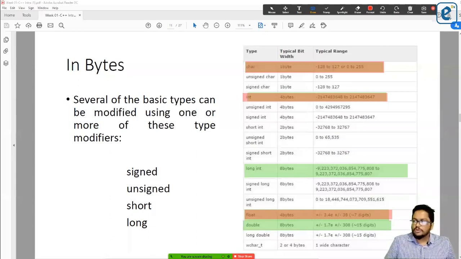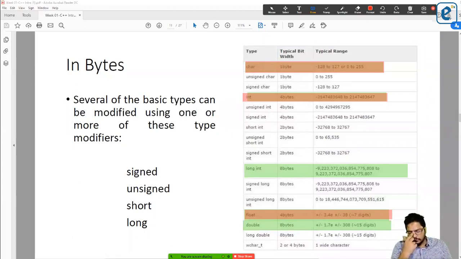Right? So integer type variables are for holding integers, float type variables are for holding decimal numbers, and char is for characters, right? So you know that. And the size of a variable made with char is 1 byte, with int it is 4 bytes, and with float it is also 4 bytes, right?